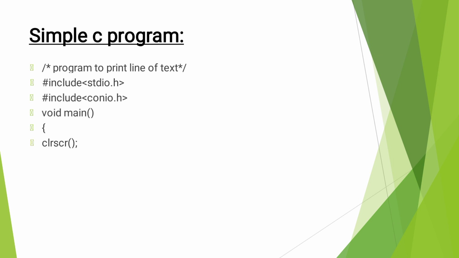The clrscr function is used to clear the text on the screen. Next, we are printing a statement. For that, we write the printf statement. The text for the printf is welcome to Kranti Computer Education. Remember, whatever text we want to display on the screen should be written inside double quotes. Carefully observe, before welcome to Kranti Computer Education, a double quote is there. After this text, a double quote is there. So this is the user defined text.